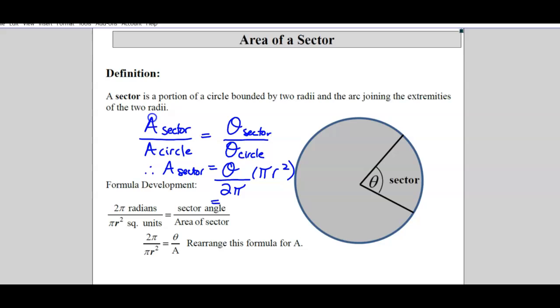Okay, so then if I simplify this, pi divides out, you can show that as 1/2 theta r squared. So that's essentially what this is here. They just went circle angle and sector angle. They did it across, and I just prefer to think about it like this. In any case, this is the formula